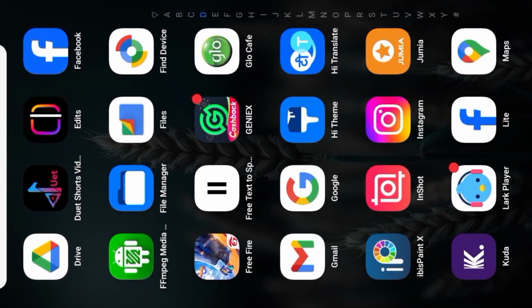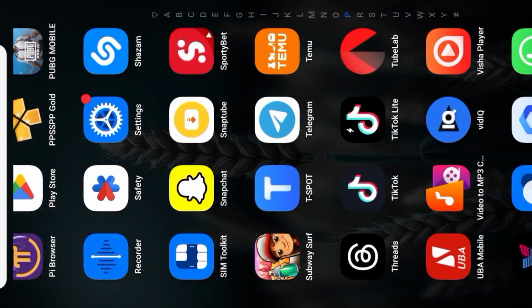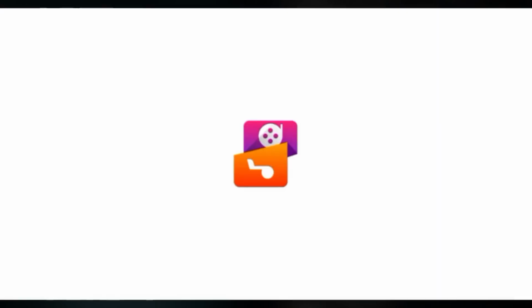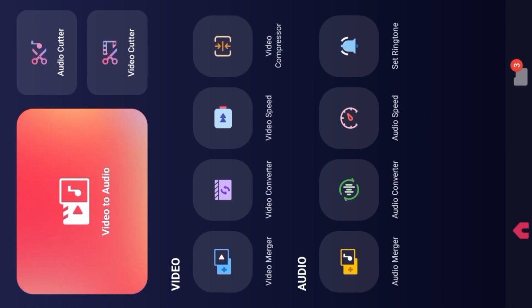Firstly, what we're going to do is convert our video to audio. So just download any video to MP3 app on Play Store or App Store, or you can look at mine to know exactly the one I'm using. After you have downloaded it, you open the app. Before you do this, make sure you have edited your video to avoid any obstruction later. Make sure you have edited your video before you convert it to audio.